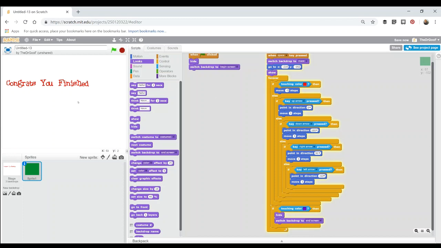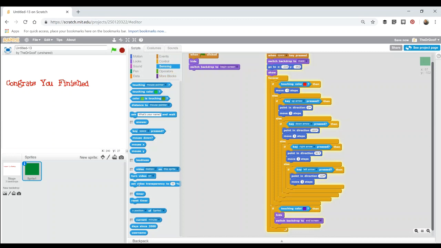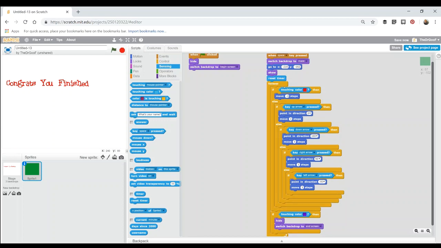The last thing we need to do here is display a message that says how long all this took to do. So how many seconds? There's a couple of nice tools within Sensing and Operations that allow for this. Sensing has a timer. So right after we show our sprite, we're going to reset the timer. Right there we have a reset timer. And then at the bottom, right before we hide our sprite,